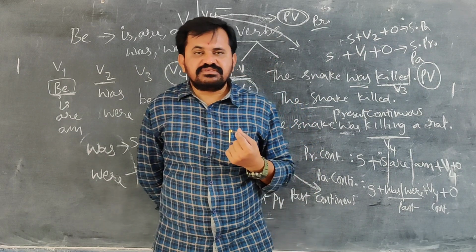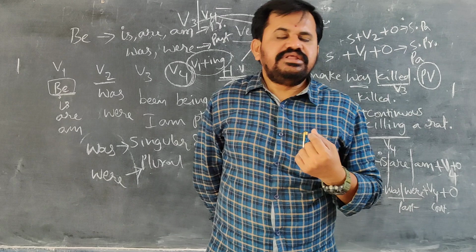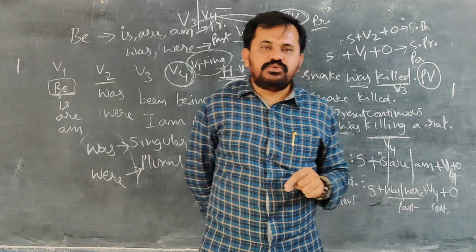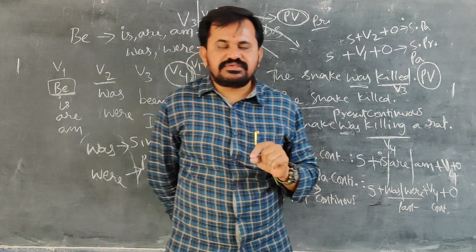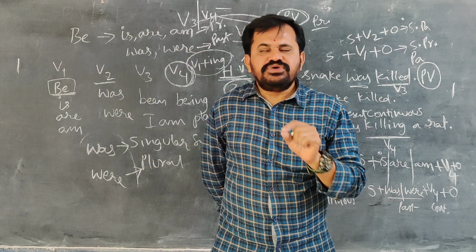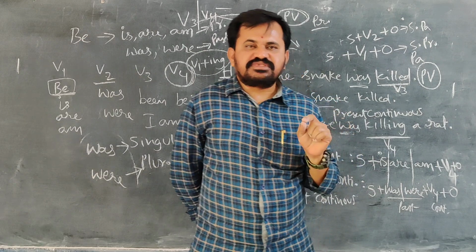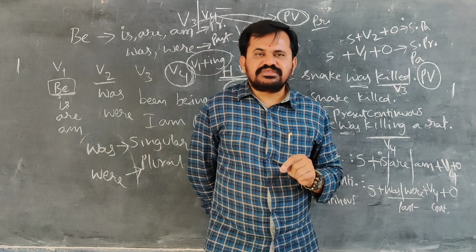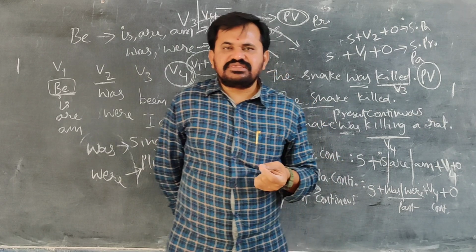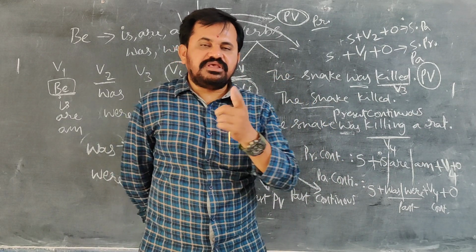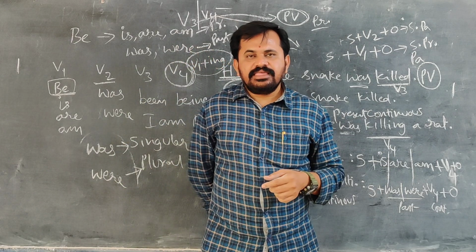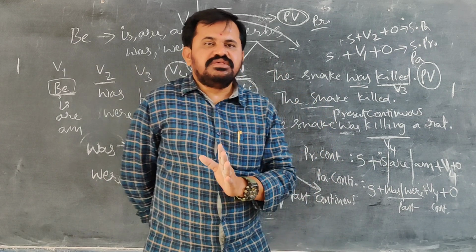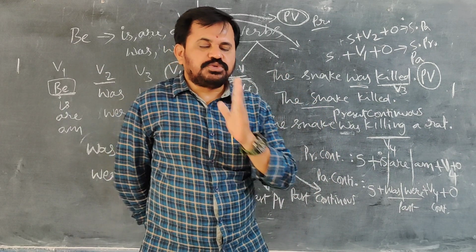After that, simple past tense. It is simple; it doesn't take any helping verbs, so we directly write V2. V2 indicates past tense by itself. So V2 after the subject and before the object: subject plus V2 plus object. It is the simple past tense structure. Whereas the past continuous tense structure: continuous means you have to immediately remember V4. In past continuous there is no other word in between, so you should take the be forms' help.